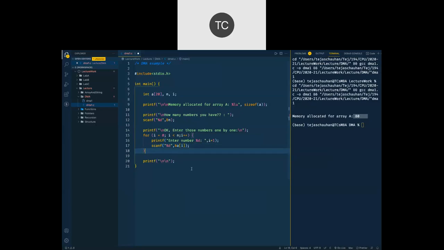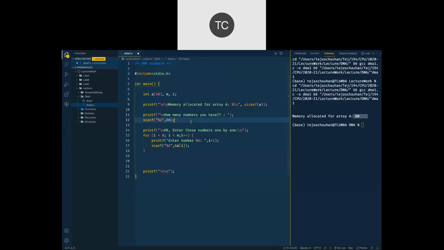So I've gone through this code very quickly. Let me revise this. What we do here is we ask the user first, how many numbers do you have? The user will say either 5 or 6 or 10 or 15 or something, and that we store inside n. So we now know the user has 5 numbers or 10 numbers or 15 numbers.